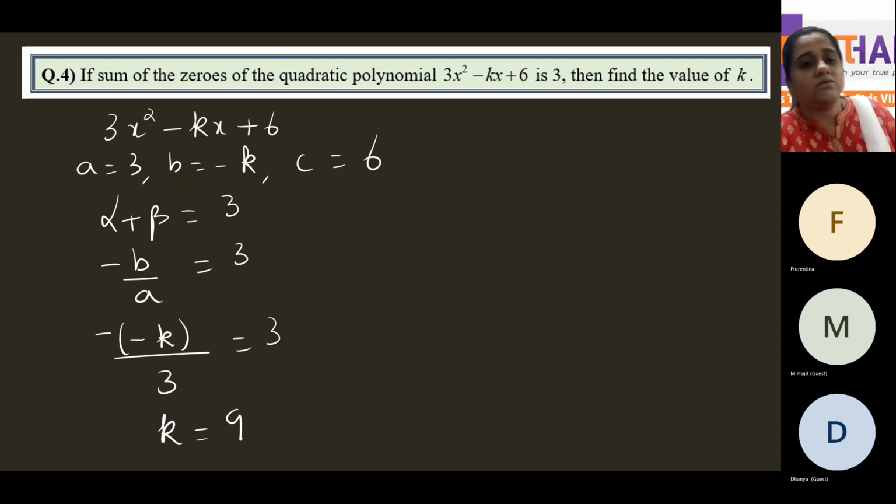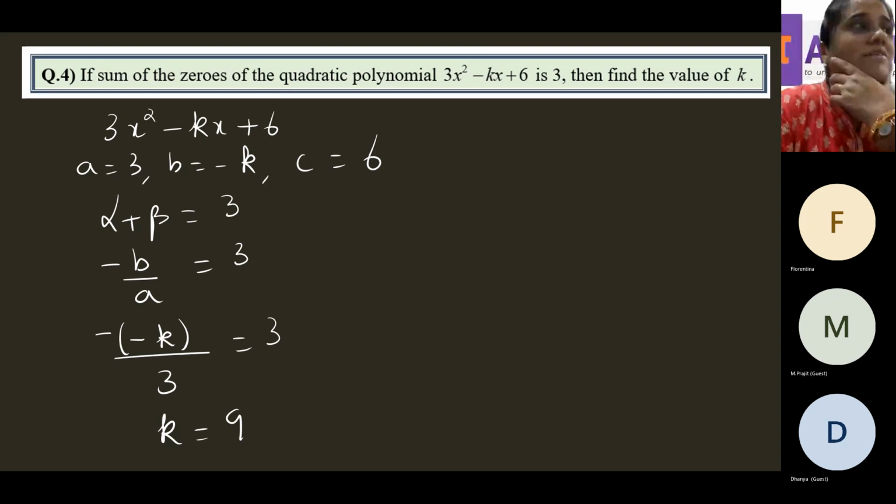Very good. So the sum of the zeros is 3. What is given? The sum of the zeros is 3. That means alpha plus beta is 3. Please write down, children, if you have not got it. Sum of the zeros meaning alpha plus beta is 3. So that means minus b by a is 3. Substitute and